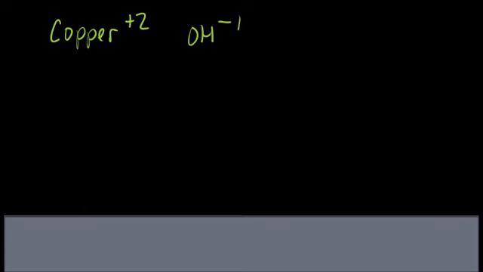And in this case, when writing the formula, in order to show more than one of a polyatomic, we need to put the polyatomic in parentheses. That's the only time we put polyatomics in parentheses, when there's going to be more than one in the formula. And in this case, we need 2 hydroxides. Why? Because we need the charges to even up. Copper's +2, hydroxide is only -1. We need 2 hydroxides for a total of -2 to cancel out that charge from copper,